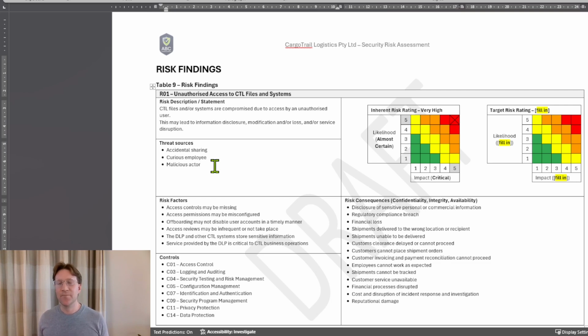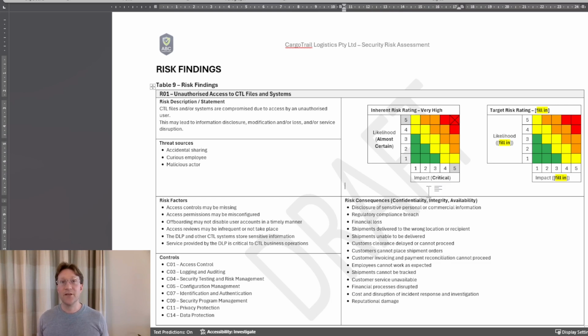Looking at the likelihood scale, we can say that almost certain, being that it happens every 6 months or shorter, is what would happen. If we then think about the impact, if there was no control over what people can access and people can then access things that they shouldn't be able to, we could have the digital logistics platform brought down through having information corrupted or deleted, and it would cause catastrophic issues for the everyday business processes of Cargo Trail Logistics. So, in terms of the impact, we consider this to be critical, maximum impact, because you're able to do maximum